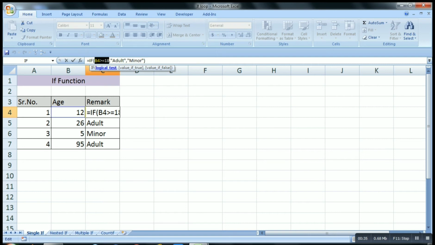The logical test is: B4 is greater than or equal to 18. Is it true for B4? No, it is 12, which is less than 18. So the remark should be minor. If this case fails, then the remark is minor. Otherwise, if this is true, then the remark is the first one, that is adult.